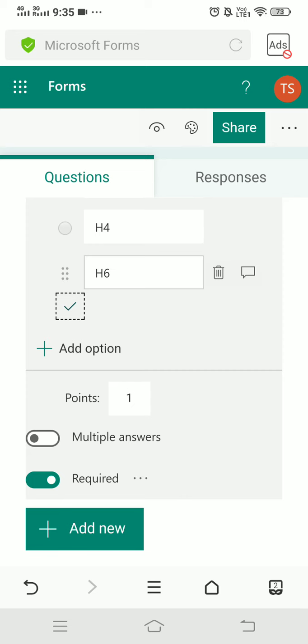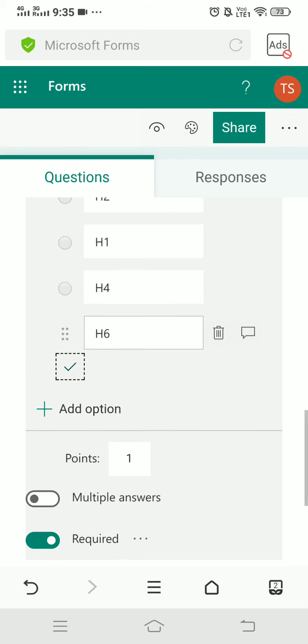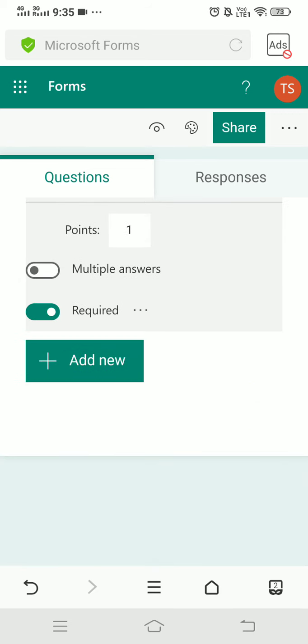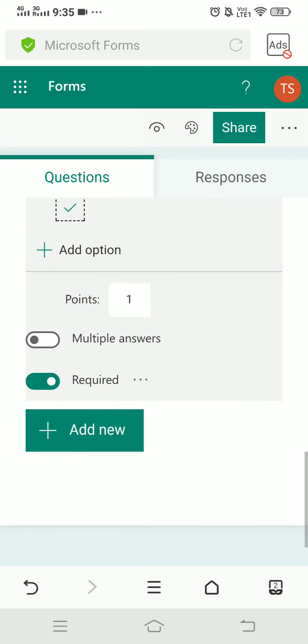As you can see, whatever marking scheme you have applied for question 1 or the setting, it automatically applies to the other question also. So in that way, as many questions as you can add by clicking on this add new option. I'm not going to proceed further. I just added the 2 questions, that's fine for me, because I just want to tell you. So in that way, click on the add new option and you can add.